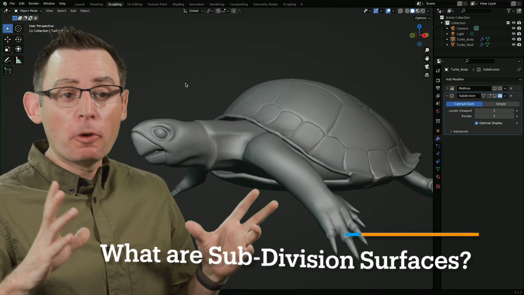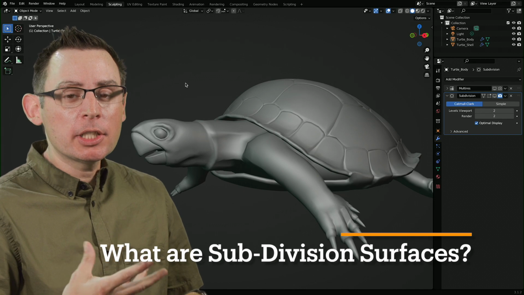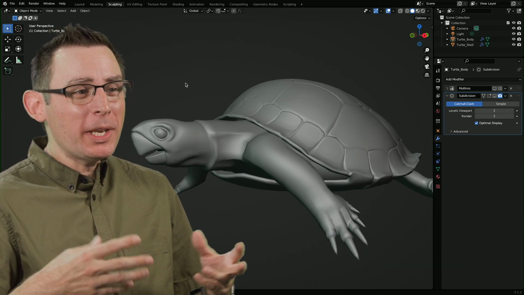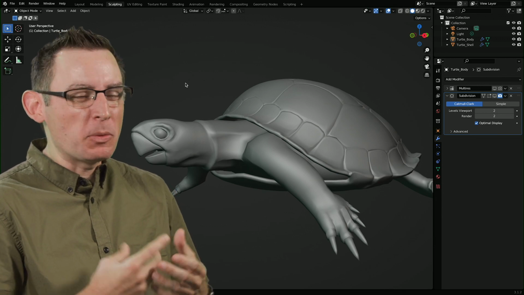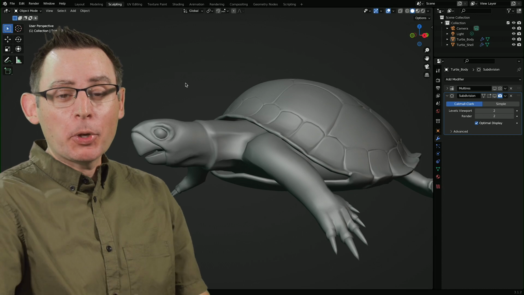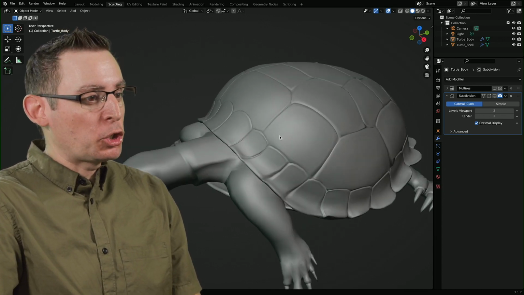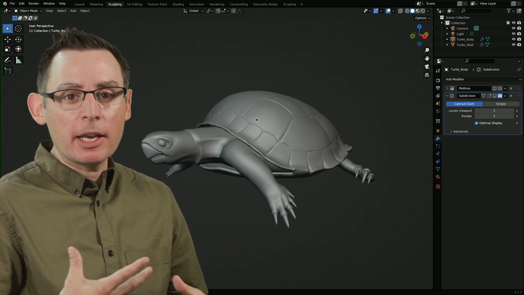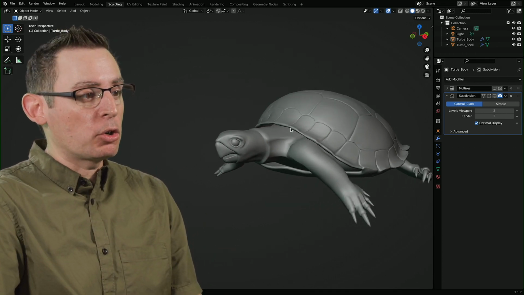In this module, we're going to be focusing all of our energy on the creation and application of the subdivision smoothing algorithm. So what is subdivision smoothing and why would we want to use it inside of a traditional 3D modeling workflow? As an example here, I've brought open this little turtle. This is a little sculpture I've made for my 3D sculpting class. And this really takes advantage of that subdivision smoothing algorithm.